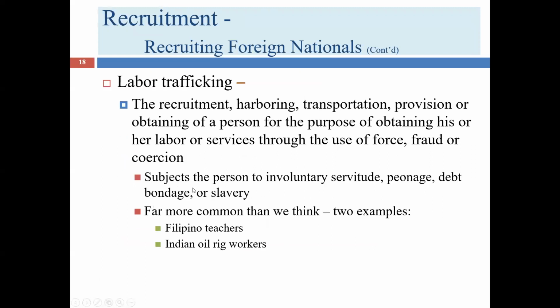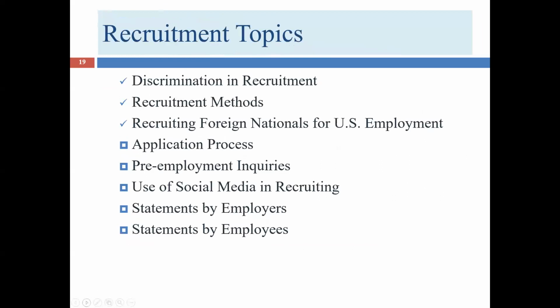I'm not going to focus on this, but this talks about the possibility of human trafficking, or labor trafficking as they're calling it here, of people being mistreated as they are moved across borders. Obviously, that's a violation of human rights and a violation of international and U.S. law, and something that we obviously don't want to get involved in, in your role as an HR professional or a paralegal.